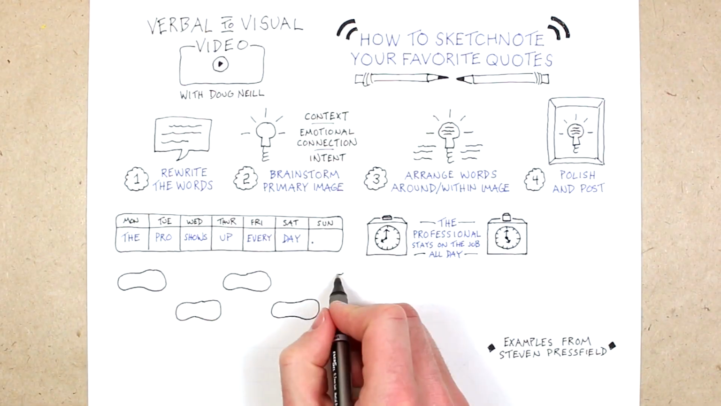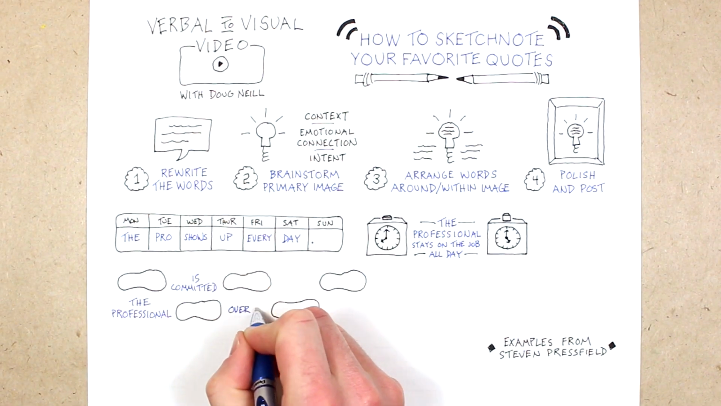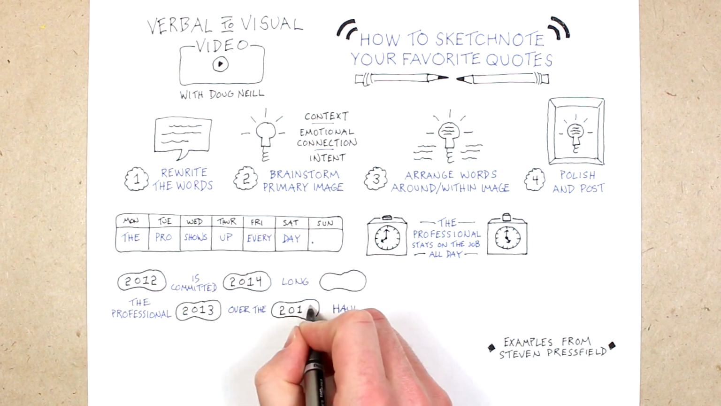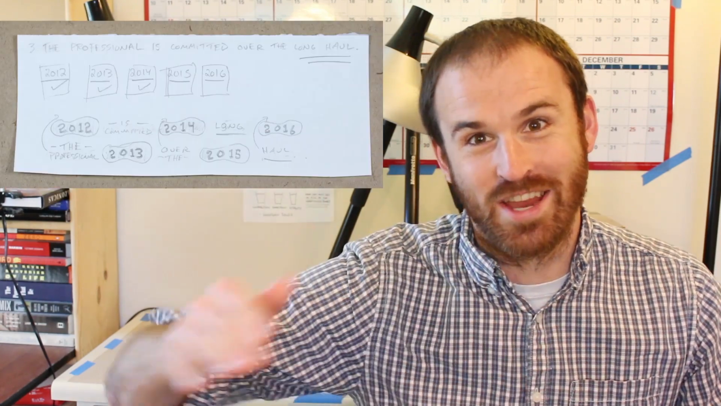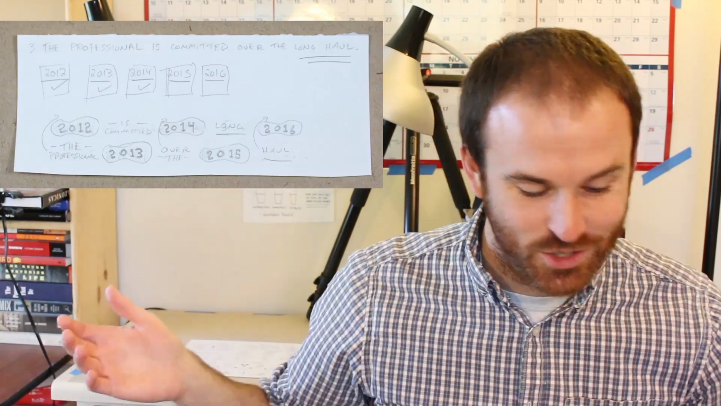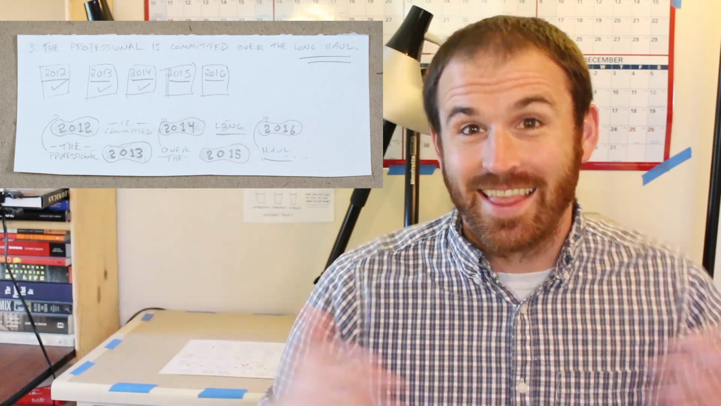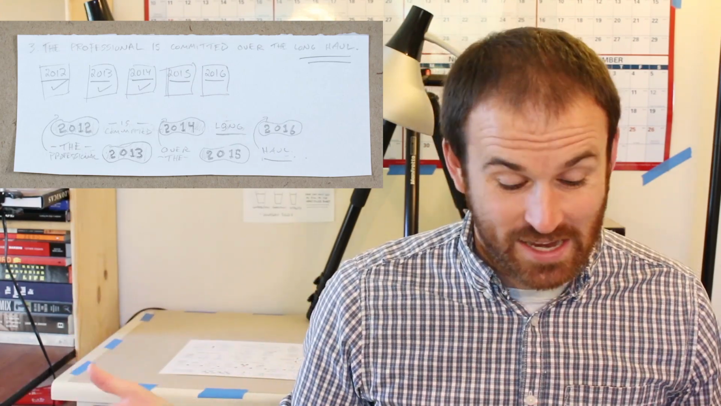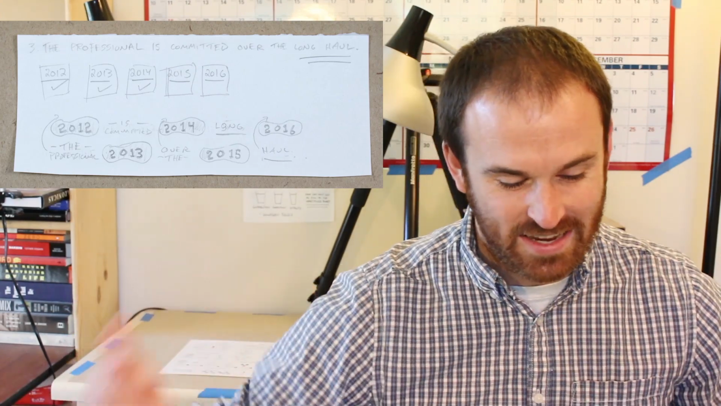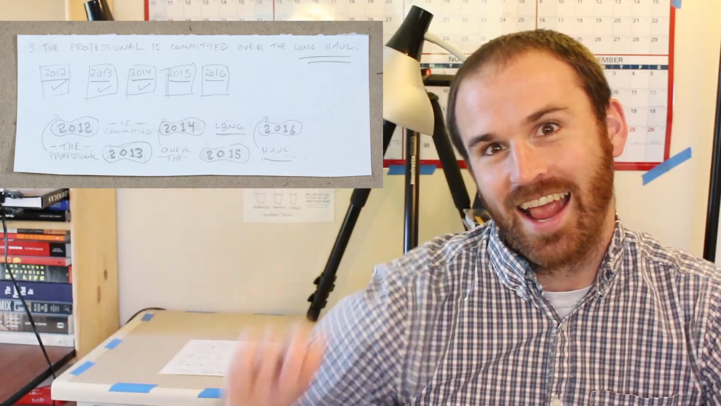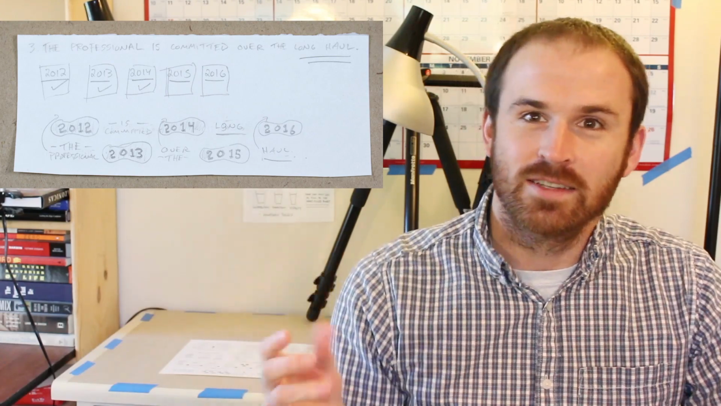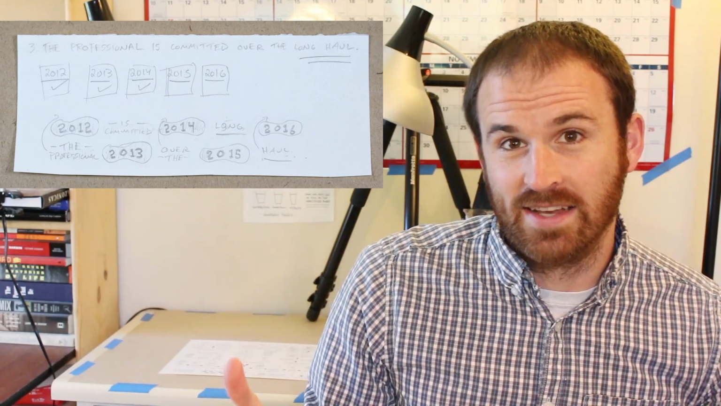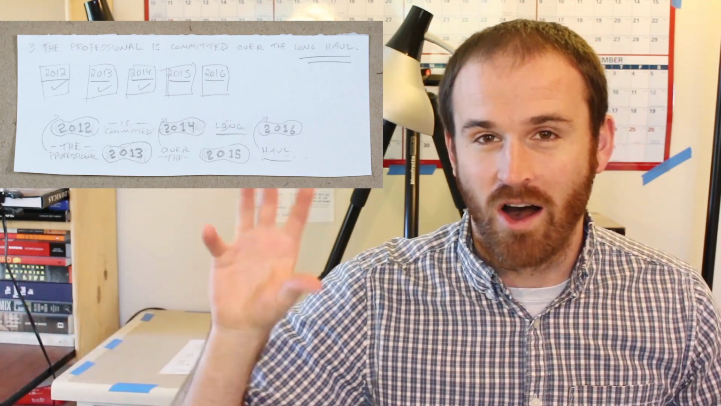Next quote. "The professional is committed over the long haul." With this one, it took me a couple of iterations to get an image that I liked. I first started just with calendars showing 1 year at a time. And for me, I chose 2012 as the start because that's when I started getting into this whole visual note-taking thing. And the idea of checking off each year and implying that I'm going to keep doing this in the years to come. There's something that I do like about that idea of being committed over the long haul